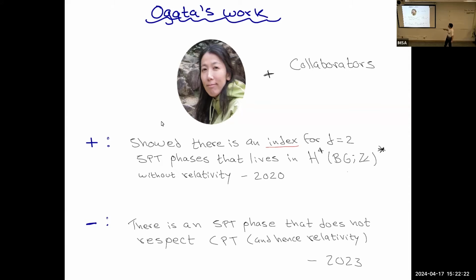And here, I'd like to mention the work of Garat, who's a fantastic mathematician. She had sort of positive results, in the sense that she proved that for d equals 2, you do get what you would expect from the Chen-Gu-Wen classification. Well, not exactly. What you get is that this is an invariant. There might be more, okay? But at least you do get this. And she proved it without using relativity, without using emerging topological gauge theories.